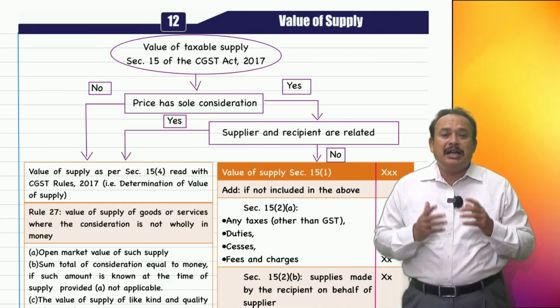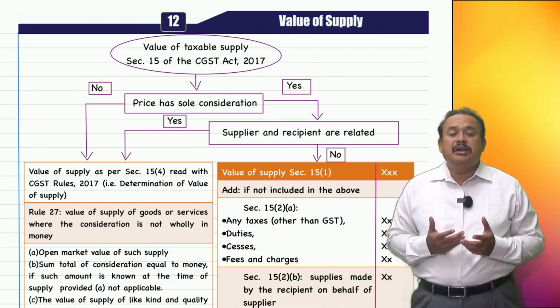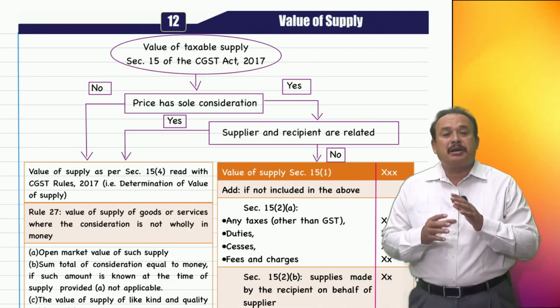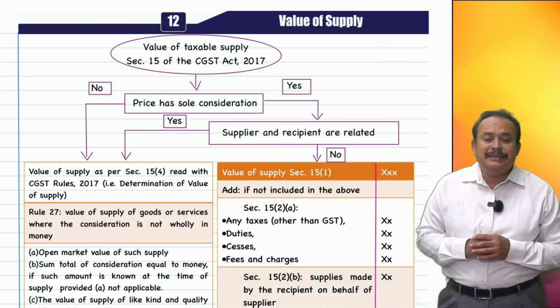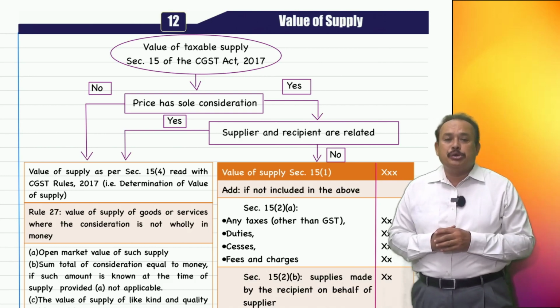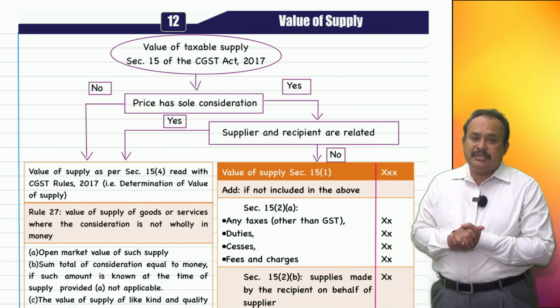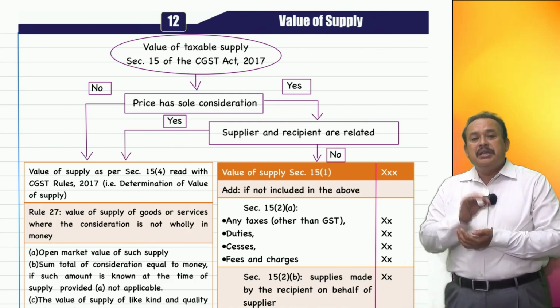So, I should apply the provisions of valuation and arrive at the correct value, thereby determining the correct amount of tax. In this process, I bring to your notice section 15 of the CGST Act 2017, which says that if there